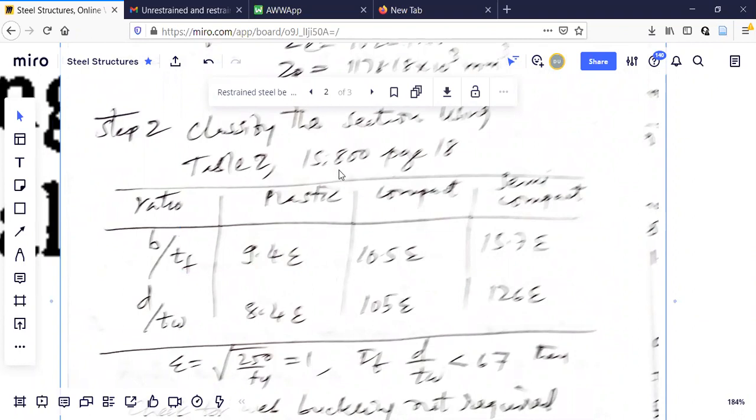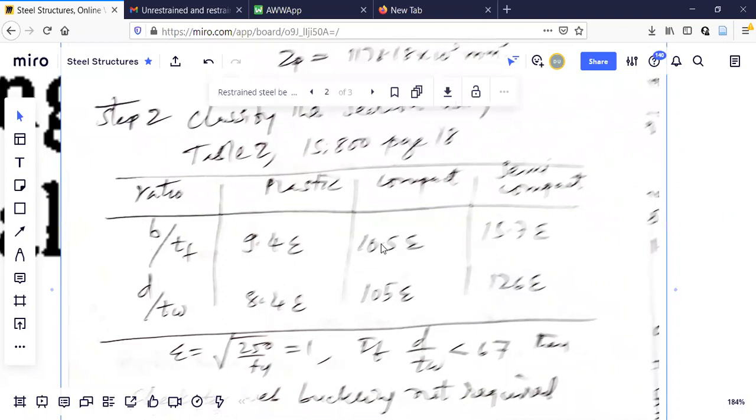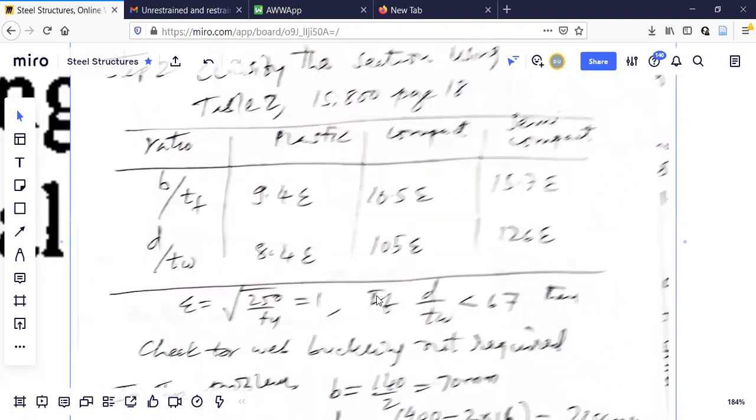This is Table 2 of IS 800, page 18. A small portion I have taken out. Only this one you can highlight in that particular IS. Usually the best thing is you should have 2 pages of Table 2 in your hard copy. In one Table 2, you highlight whatever is required for your calculations. At the time of binding, you should do like that. Table 2 should be at 2 places, and whatever is required for beam design, just highlight it. It will be easy for you to solve the problem fast.